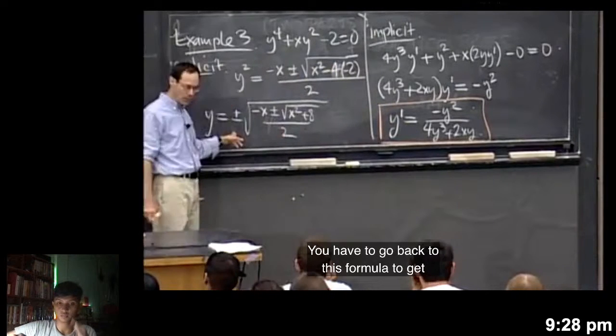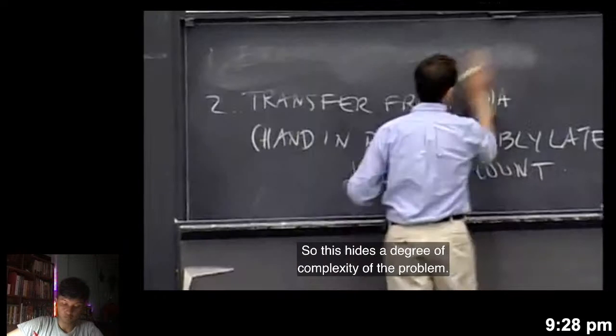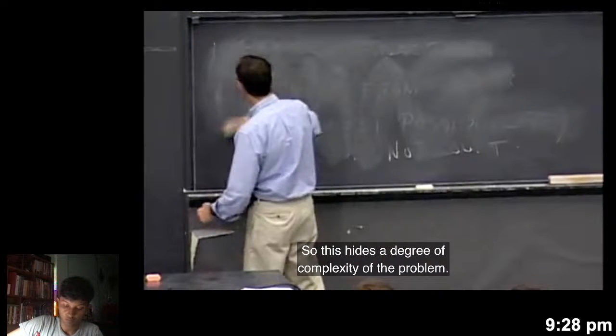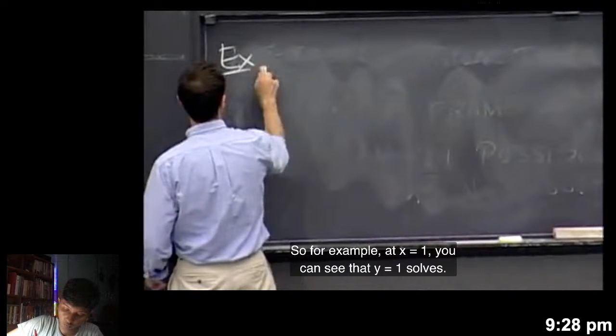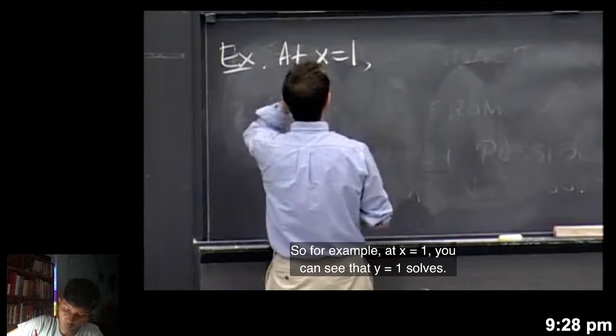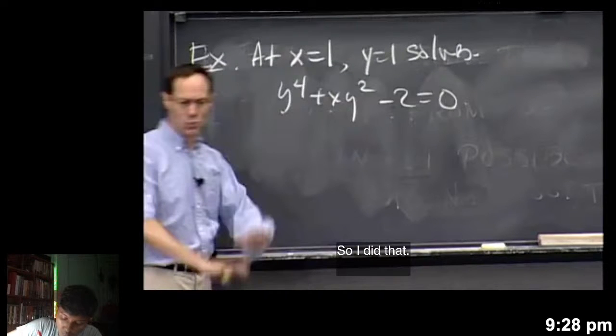So for example, let me give you an example here. This hides a degree of complexity of the problem, but it's a degree of complexity that we must live with. So for example, at x equals 1, you can see that y equals 1 solves y to the 4th plus xy squared minus 2 equals 0. That's why I picked the 2 actually, so it would be 1 plus 1 minus 2 equals 0. I just wanted to have a convenient solution to pull out of my hat. So we now know that when x equals 1, y equals 1, so at (1, 1) along the curve,